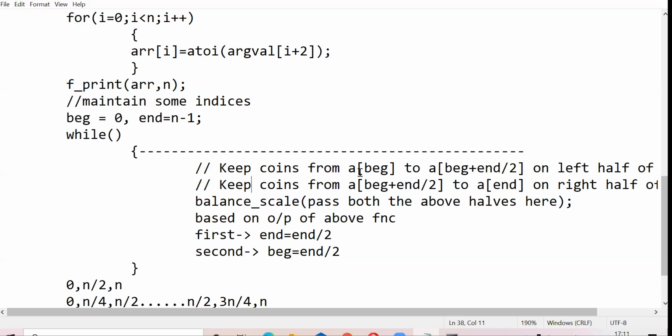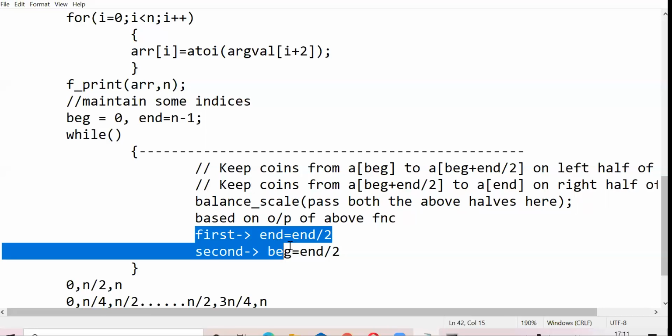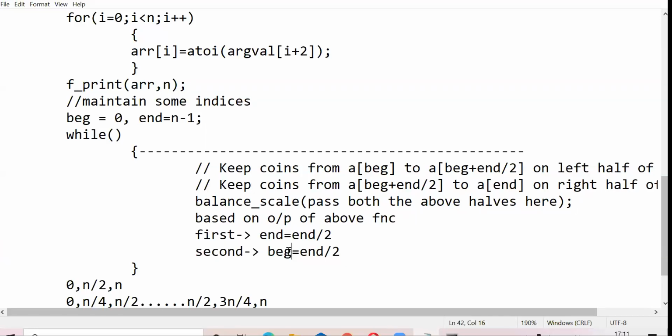Now what will happen? It will keep the coins from beginning to end, which is now 50, right? So it will go from 0 to 25 on the left half, and from 25 to 50 on the right half, and again your balance scale will compare both of these halves and accordingly change the value of your end or beginning, and you keep going in this loop.